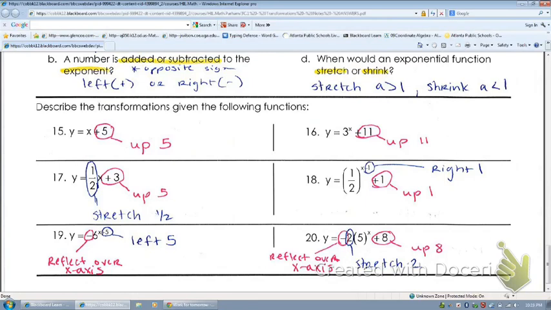Now we have what? We shift to the right 1. Because we're doing the opposite, and you shift up 1. Okay? Over here, you see a negative. We see a negative, so you flip over the x-axis. 19, and at the right there it says what? Shift to the left 5, because that is a positive, so you do the opposite. Okay? You have a bunch of stuff going on right here, but you see, okay, first thing you have a negative. Negative, flipped over the x-axis. Now you have the number in front of